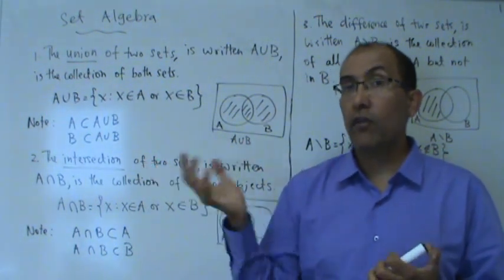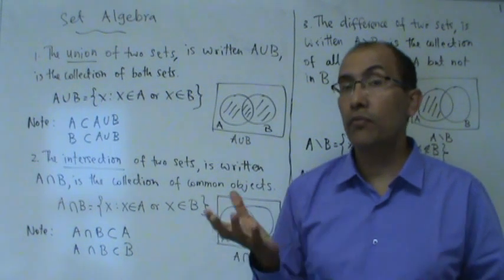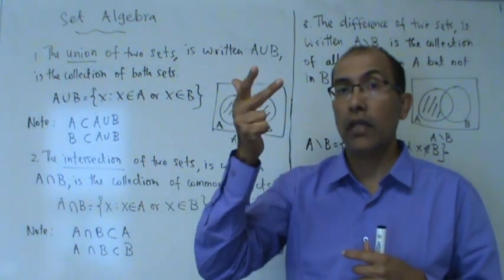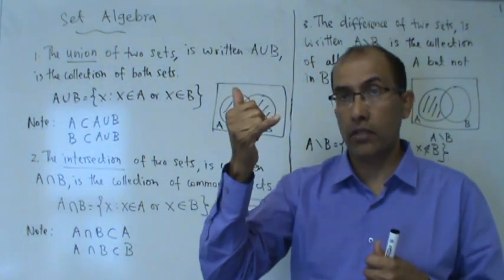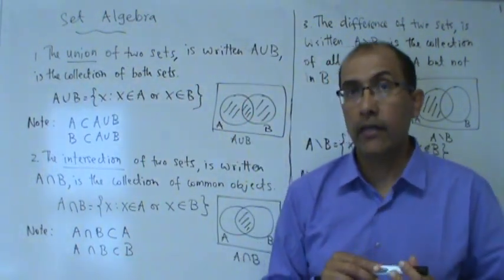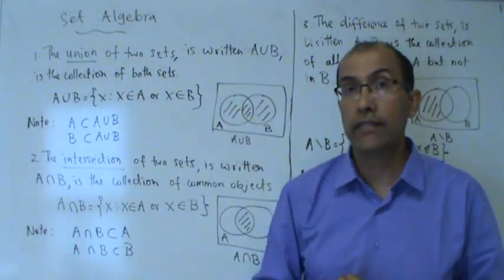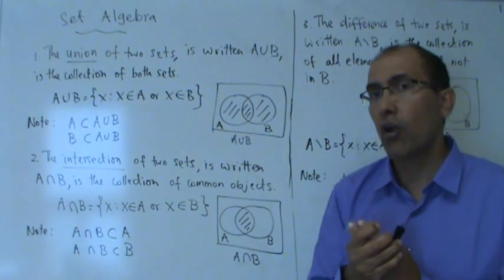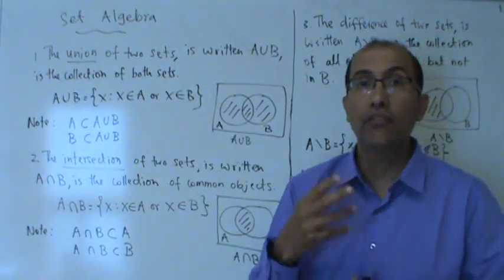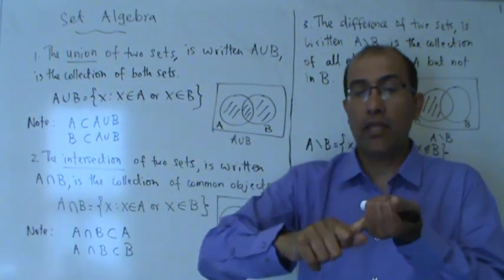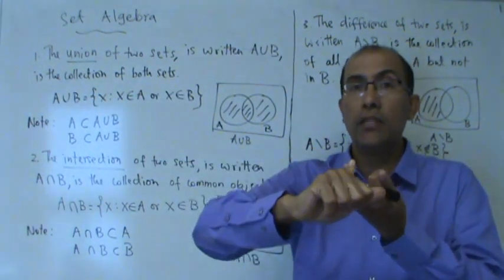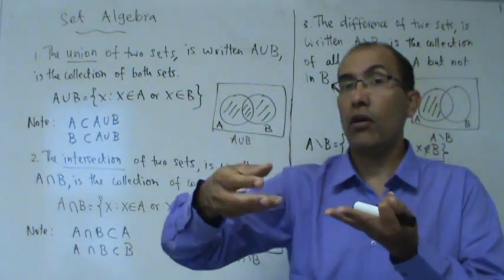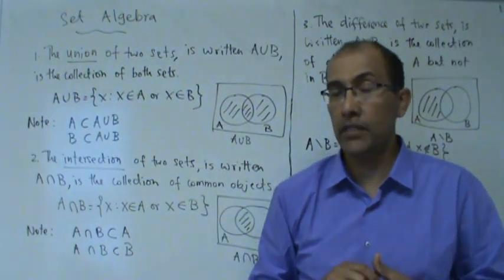The other day we defined what a statement is, and what do we do with a statement? We can connect statements with 5 different operations: and, or, if then, if and only if, or not. So we use those operations to connect statements. Now we are going to look at sets, and there are 3 operations we can perform on sets. So this is what mathematics is all about. This is what you call algebra. Algebra is to define something. So it can be sets, it can be statements, it can be numbers, and then we define binary operations on these things, and then we discuss the various properties.